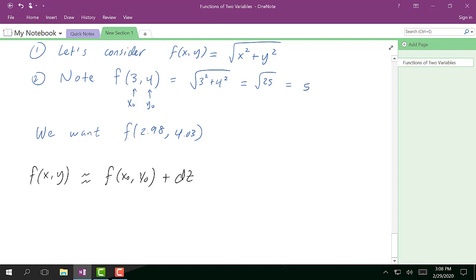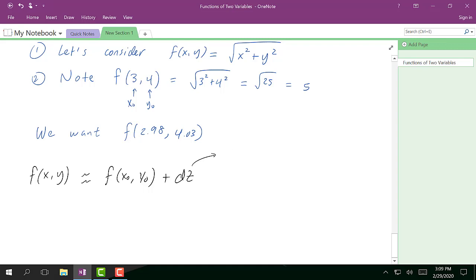Right? And what this dz will be, if you recall the total differential that we had before, this is just going to be